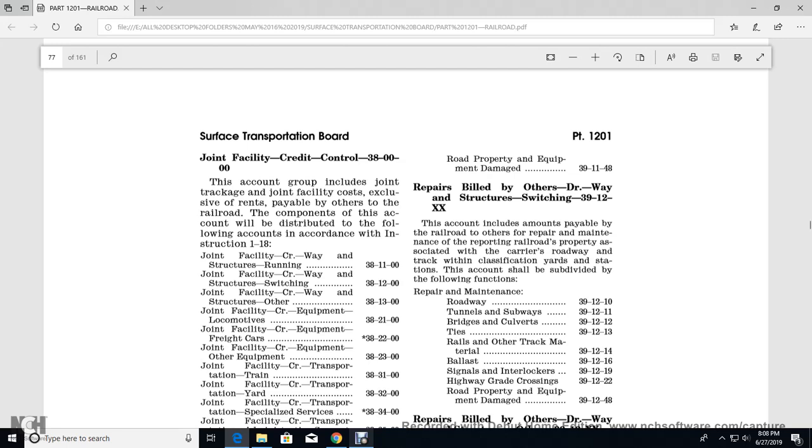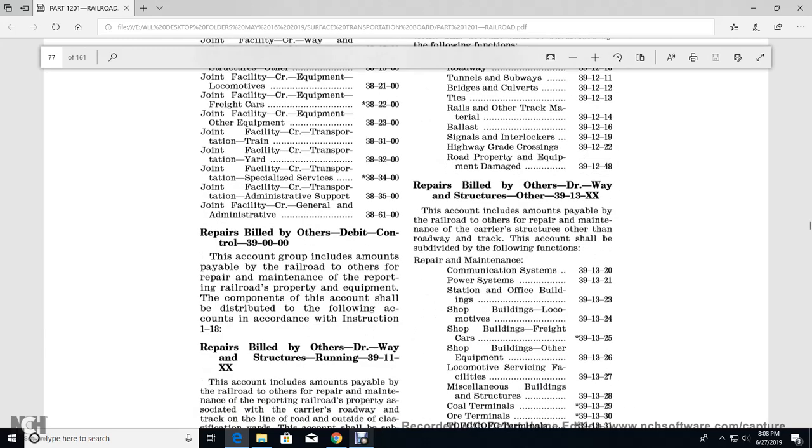associated with the carrier, roadway, track within classification yards and stations. The account is subdivided into the following functions: repair and maintenance of roadway, tunnel, subway, bridge, culvert, ties, rails other than track material, ballast, signal, interlocking, highway grade crossing, road property equipment, and damages, rail building, other way and structure, other than